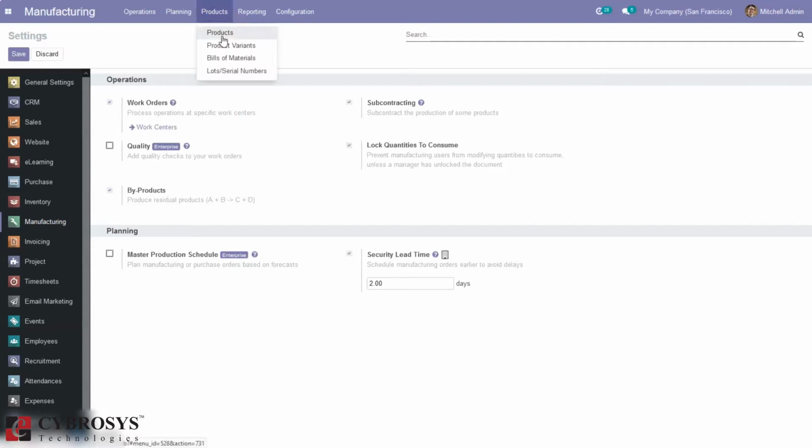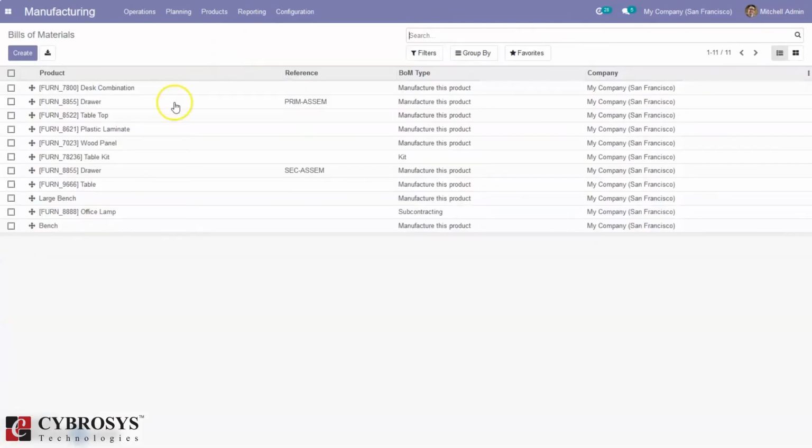Okay, so here we can see all our products. Then we can manage Bill of Material. So let me open Bill of Material. Here we can see different bills of material created. A bill of material can be created for manufacturing a product, subcontracting a product, or we can create a bill of material to manufacture a product as a kit. We have done a separate video on how to create a bill of material for a product in Odoo 14 Manufacturing in Community. So you can check that video to know more about that in detail.